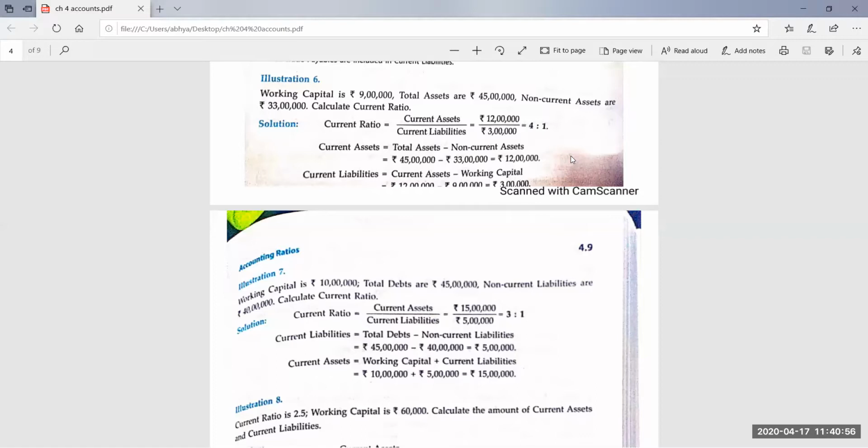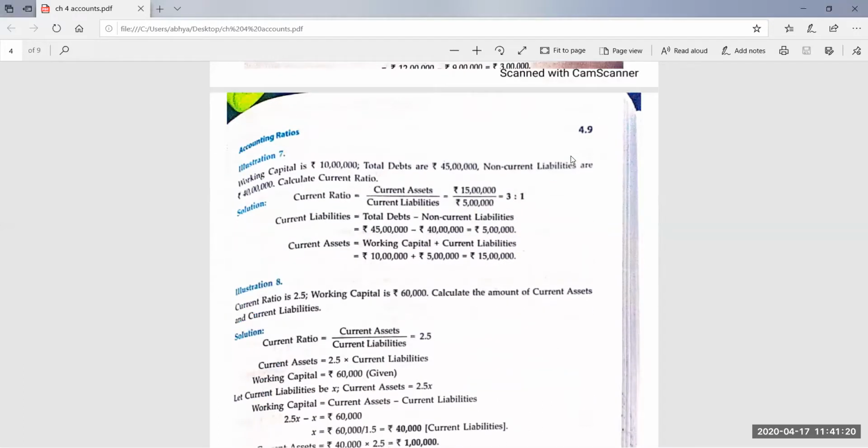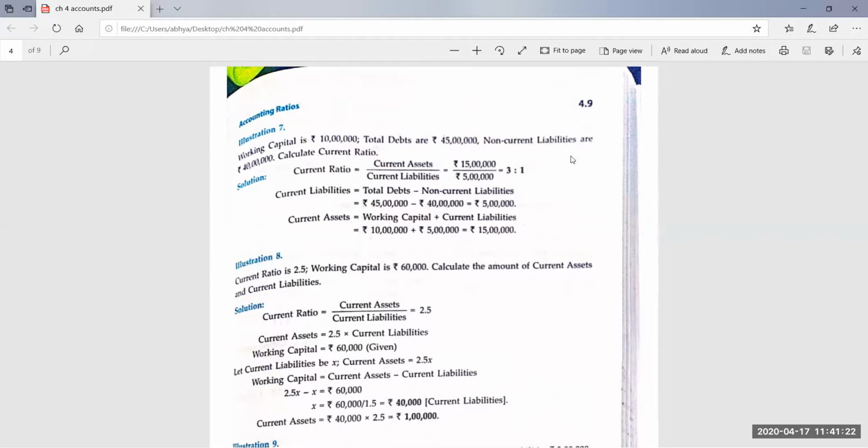In the question, current assets are also asked. So multiply the value of X by 2.5. Then you will get the value of current assets. Yes, Anushka Bansal, Varun Bhatia. Just try to solve all the questions in your notebooks, otherwise you will not be able to solve it later on. Yes, very good, Anush. The answer for current assets is 1 lakh and the current liabilities are 40,000. Please try, everyone, because otherwise the topic will become difficult for you.